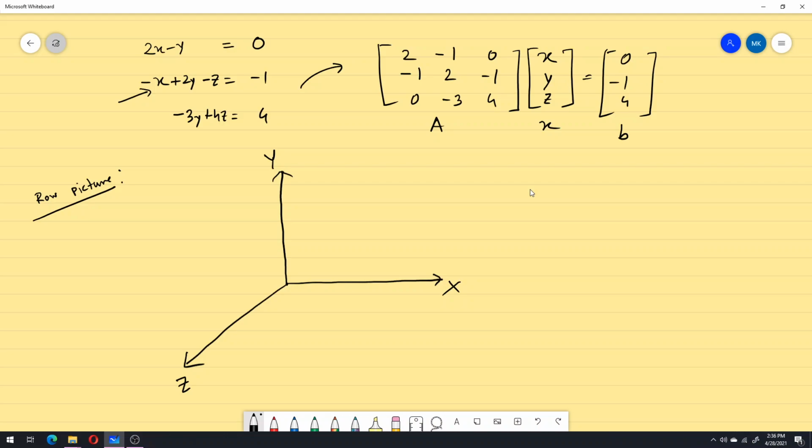So that's why I have chosen this one first. Now if you take different values for this x, y, and z, you will see that